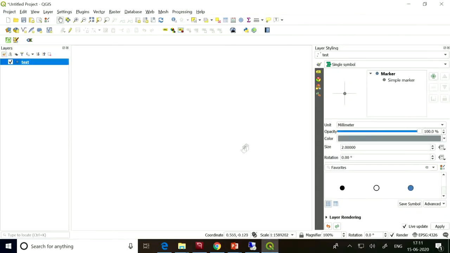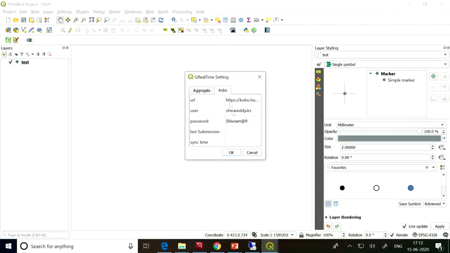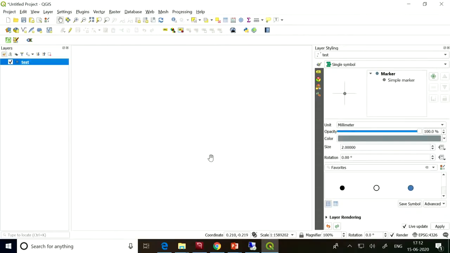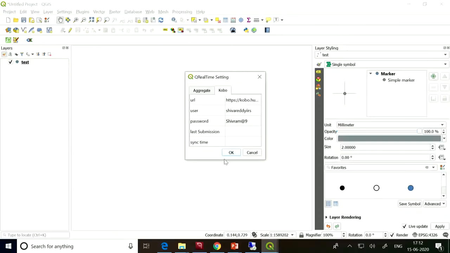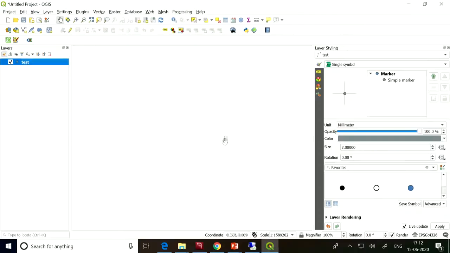Okay. So basically, whatever account you have with the Kobo Toolbox, same account user ID and password you need to enter here. So I went to the plugin, I went to the Kobo, I entered that and pressed OK. Right? So now I am connected to the Kobo Toolbox server, and the same credentials which I have for Kobo Toolbox, I have entered into my plugin. This is simple. And this server is hosted free of cost for you by the UN. So you don't need to worry about that.